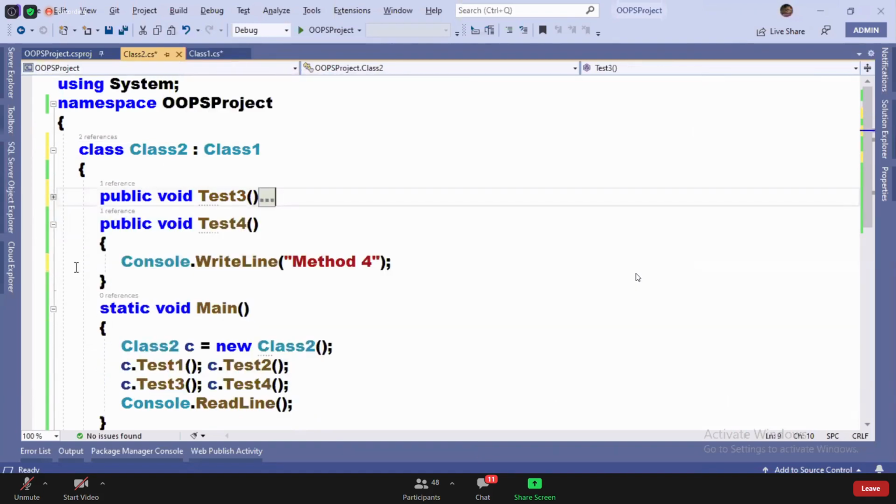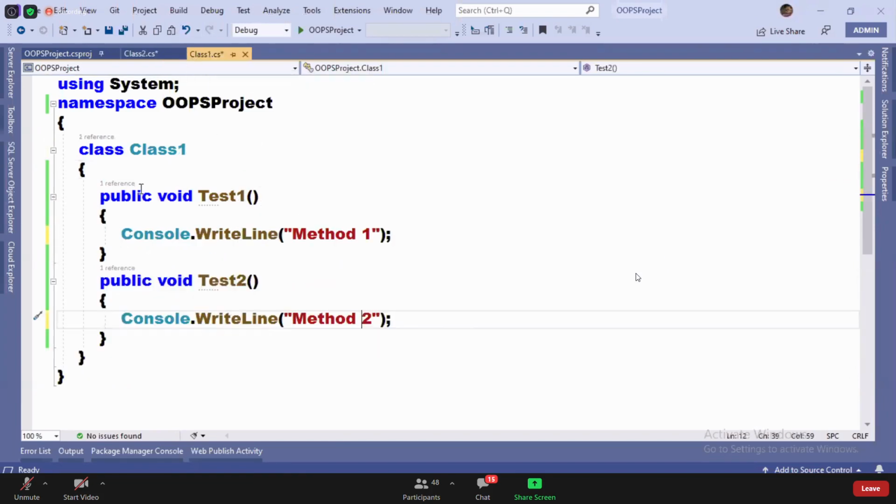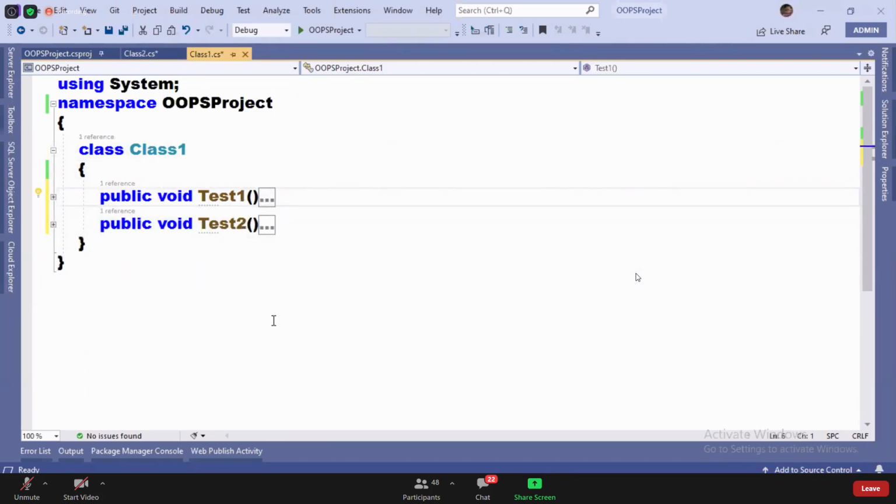Even though I did not define it, do I have a constructor in class 2? Same way, do I have a constructor in class 1? Yes, an implicit constructor. Both classes have an implicit constructor because every class will have an implicit non-static constructor. So compulsorily, there's a constructor. Can I define a constructor on my own now? Means I want to make an explicit constructor.